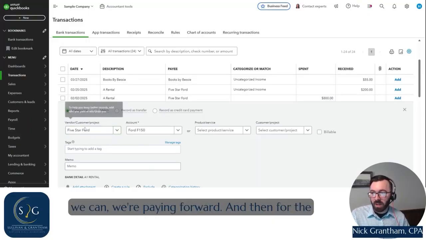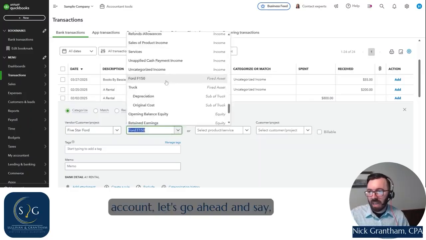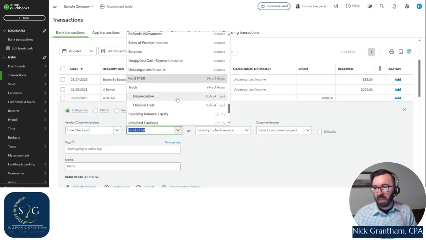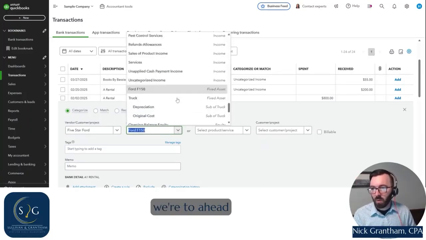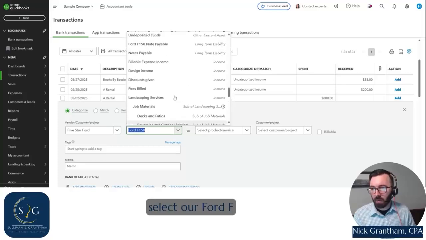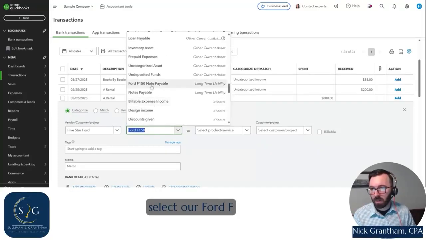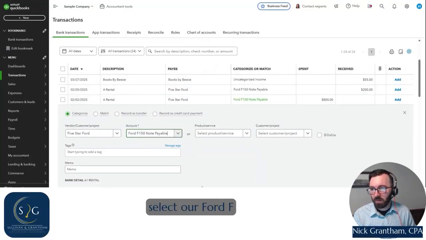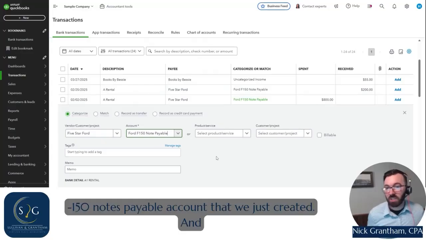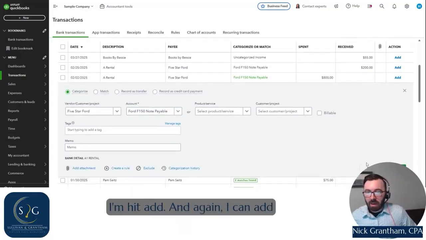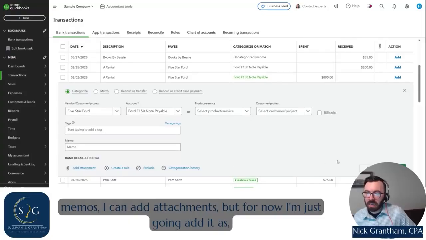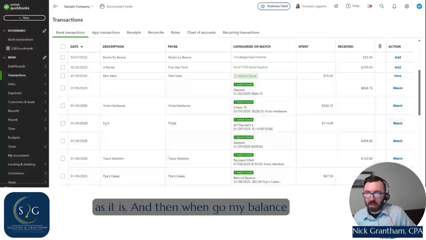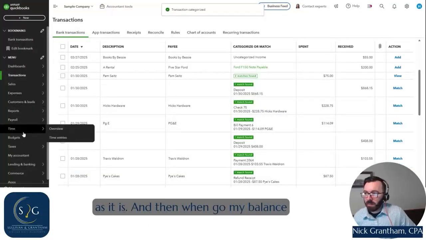So we're paying forward, and then for the account, let's go ahead and say we're going to go ahead and select our Ford F-150 notes payable account that we just created. And I'm going to hit add. And again, I can add memos, I can add attachments, but for now I'm just going to add it as it is. And then when I go to my balance sheet,